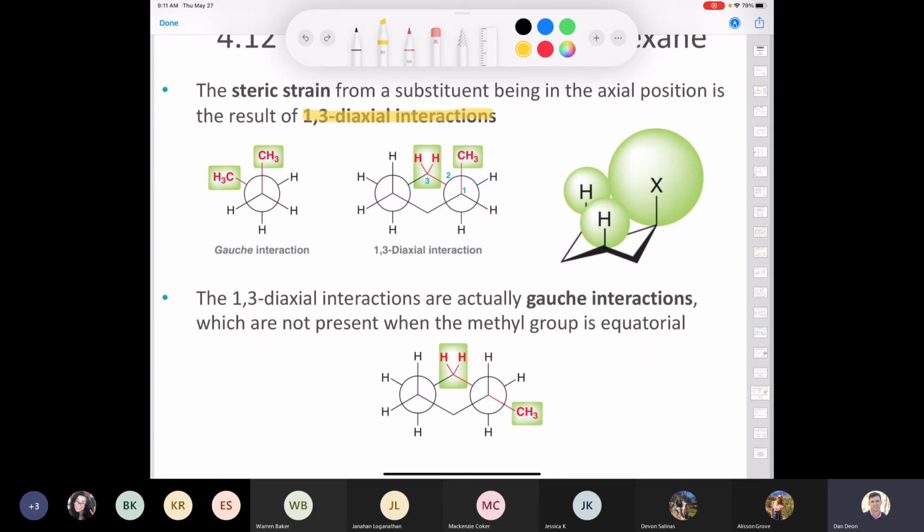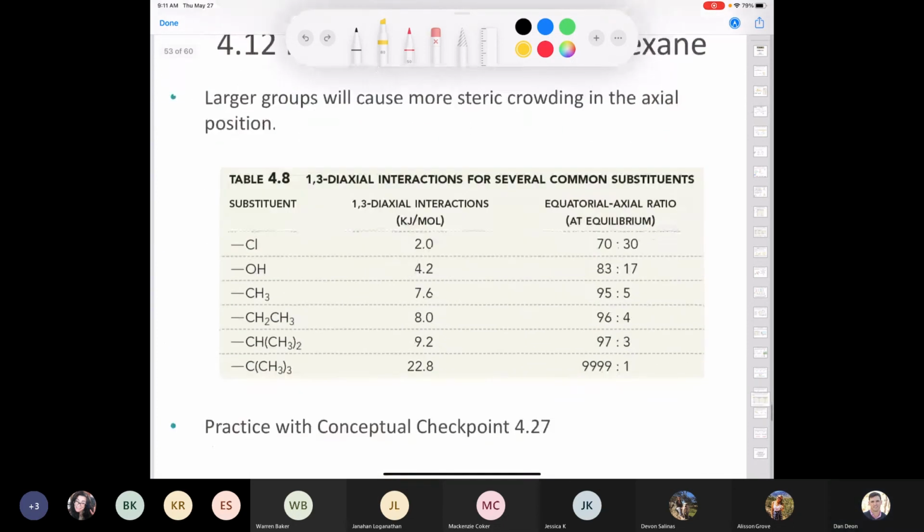And when you have the methyl group equatorial, it doesn't exist. Okay, you don't have the gauche interaction, right? This is a gauche interaction. We learned about that, what, half an hour ago? Okay, so really it's nothing more than a gauche interaction, is all it is. Anyhow,